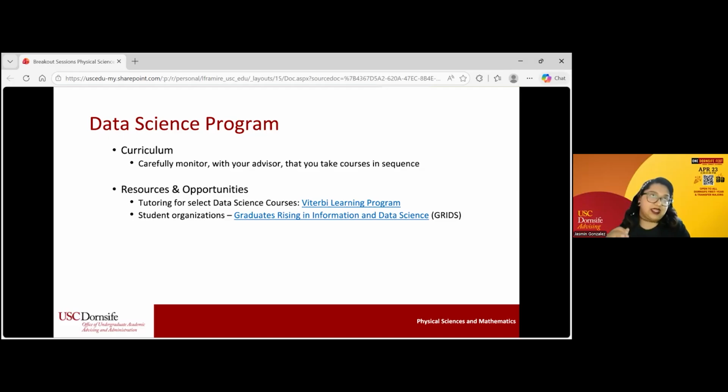Some of the resources and opportunities for the data science major are, even though the data science major is technically still a Dornsife major, it is kind of meshed within Viterbi. So the great news is that you can absolutely take advantage of the Viterbi tutoring services as a data science student, and that applies whether you are a data science major or minor. In addition to the tutoring, you can also take advantage of Graduates Rising in Information and Data Science,